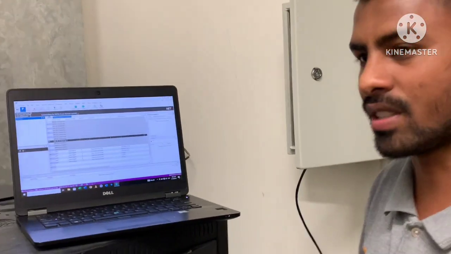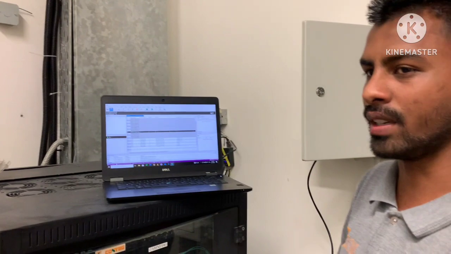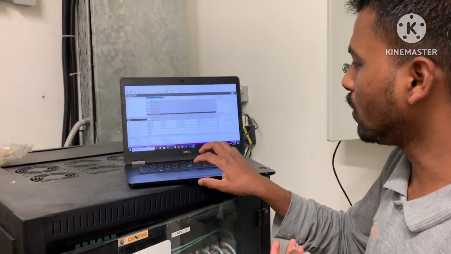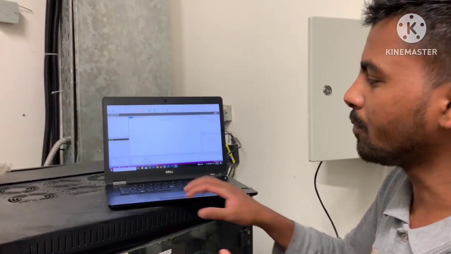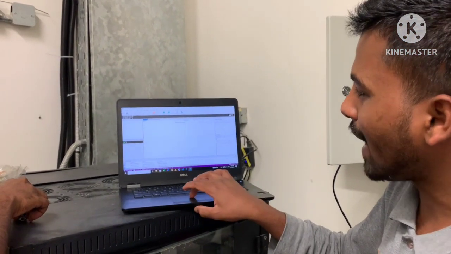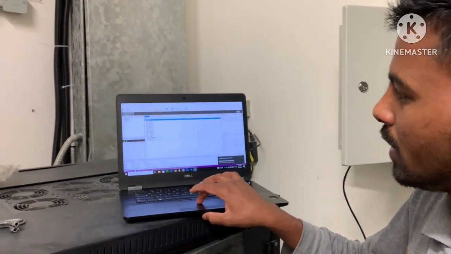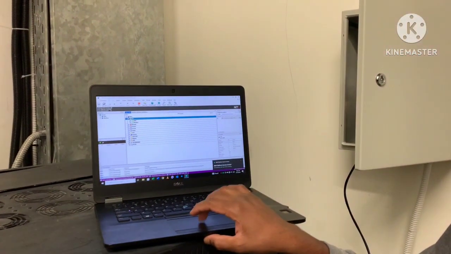It will take some time to start, maybe 15 to 20 seconds. So now it's fully restarted. Now I will show you. Once you go to the item tree, go to the XIO branch and then Modbus, and your